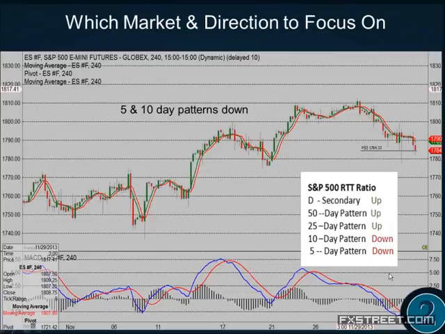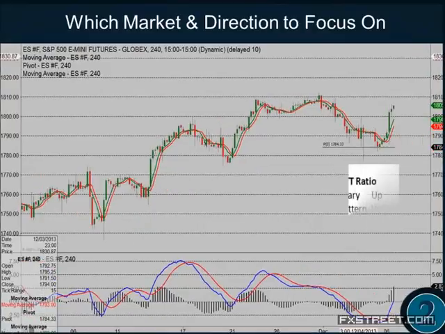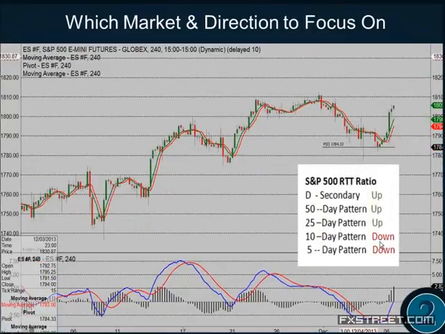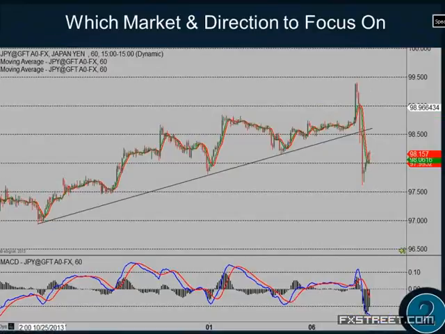That's why you need that ratio. Now, if I had 3 out of 5 down, that'd be different. I'd be selling rallies in a heartbeat in the stock market. But as long as I only have 2 down, I'm not going to take it. And what happened next? Friday happened. You had a bullish number, and now, boom, look at that. Despite those patterns being down, they all shifted back up. Actually, I need to update that. Now you're right back to where you were before, all 5 were up. So that ratio is such a simple tool. You're going to learn in a hurry that it's going to keep you out of trouble.